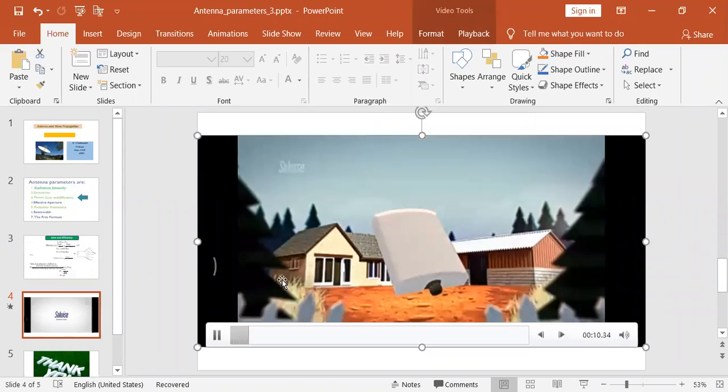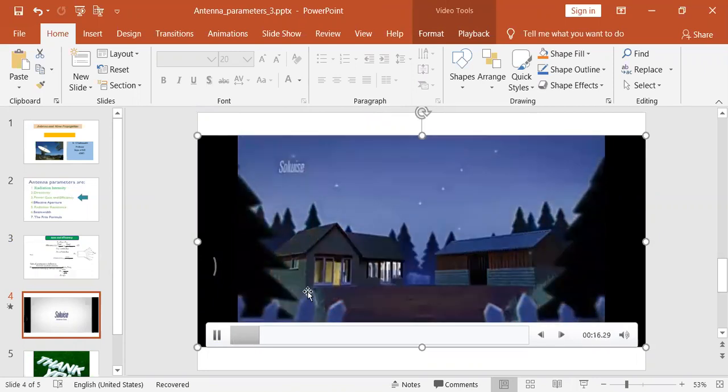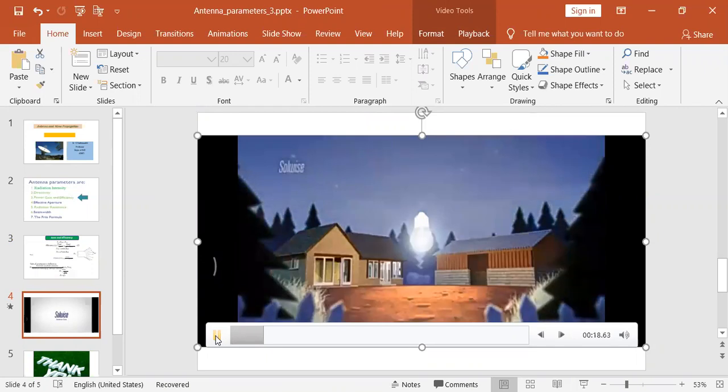An antenna converts electrical power into EM wave. So here consider a bulb as an antenna because we cannot see the radio wave. We cannot see the electromagnetic wave. So consider here light as antenna,